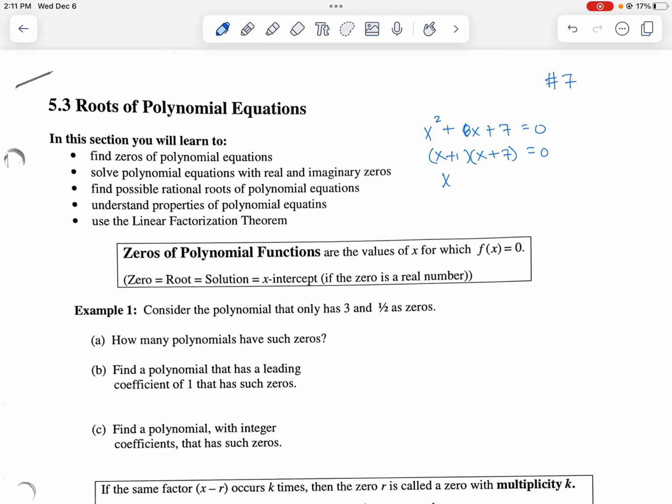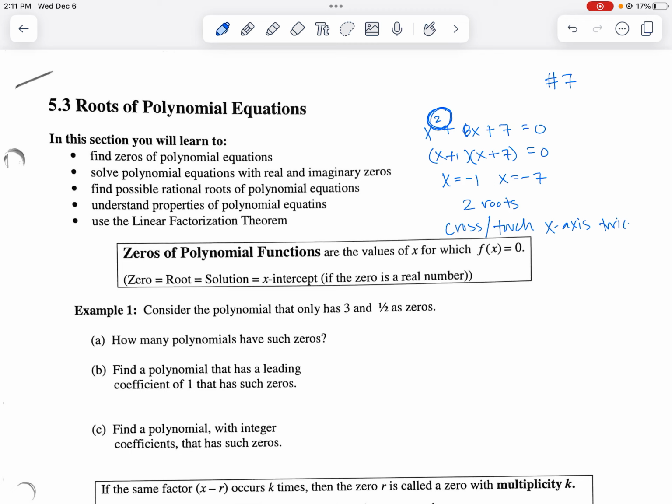And so this function has roots where x equals -1 and x equals -7, okay? You could tell me that this function has two real zeros, right? It has two roots. That's not a coincidence. That's because of that power right there. It's going to have two roots because it's a quadratic. That means it's going to cross the x-axis, cross or touch the x-axis